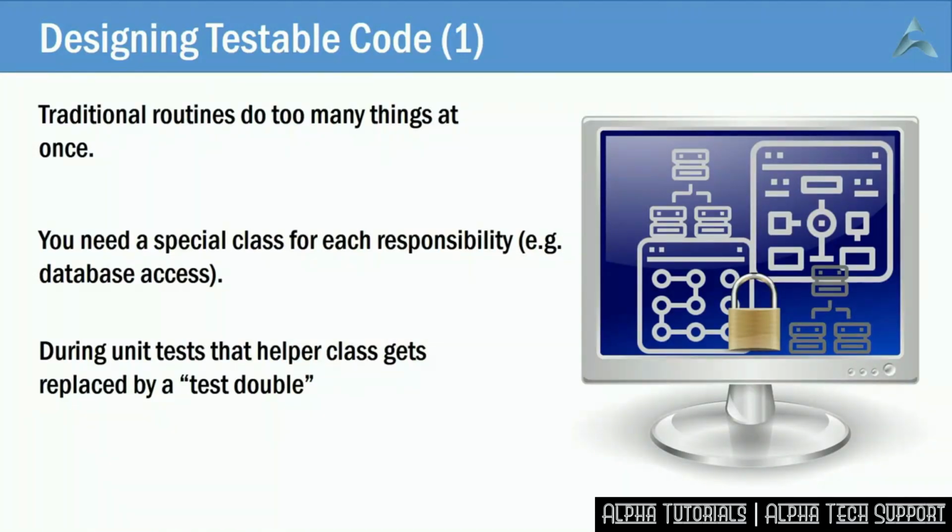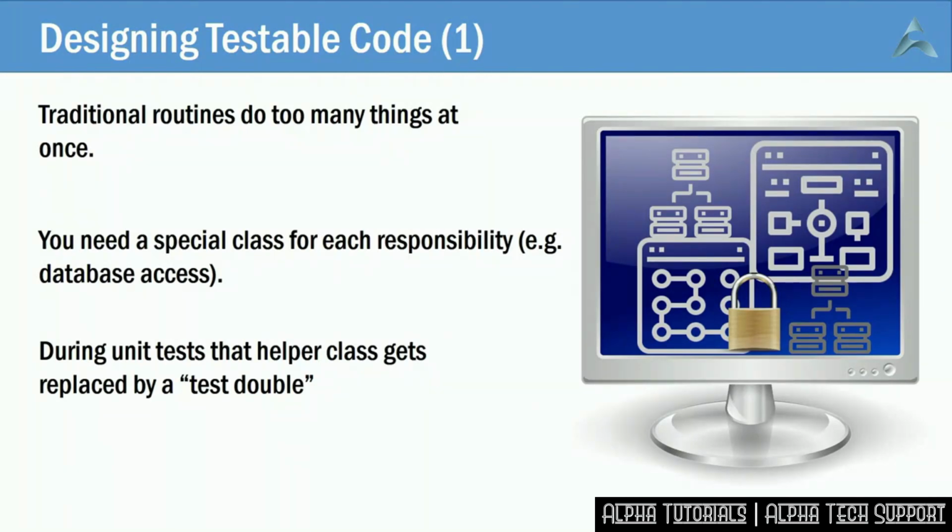Traditionally, in ABAP, routines do lots of things at once, far too many in fact. This is because it's so easy in ABAP. If you want to read the database, shove in a select statement. If you want to ask the user something, do a pop-up to confirm, etc. This is all fine, and it is easy, but it makes the code impossible to test. The reason is that if you're doing a direct select statement, you need a real database. If you're doing a pop-up to confirm, you need a real user. In such cases, only manual testing is possible.